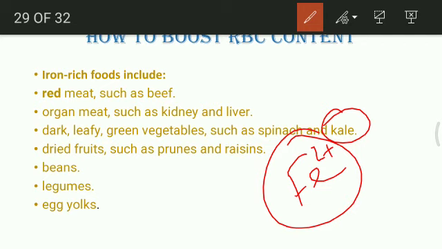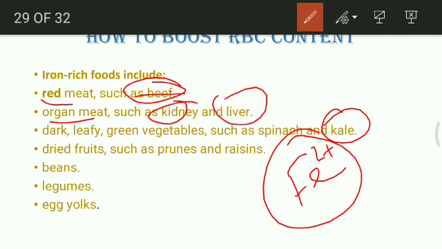Okay. And red meat, beef can be a very good source of iron. Some other meats containing the liver and kidney can be good sources too. Dark green leafy vegetables like spinach or kale, which I have already said is a brown alga. Dried fruits such as prunes and raisins can be consumed to increase the RBC content.